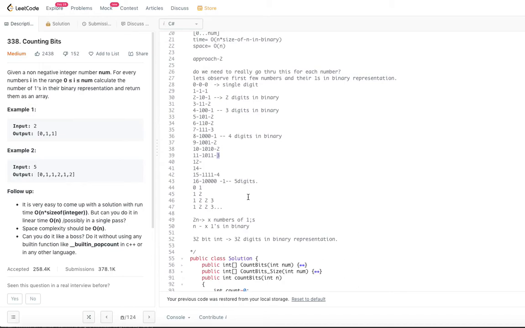But we need a seed. If you want to do something, we need a seed, right? So, starting from 0, 1, 2, we will take these 3 as the seed numbers. So, 0, 1 and 2 as the seed numbers, which means the counts are 0, 1, 1. These will be our primary numbers, and then we will build upon them for other numbers. So, our seed is 0, 1 and 1 for the first 3 numbers 0, 1 and 2, and from then on we will build further for all the numbers until the given number. So, let us go ahead and jump into the code.